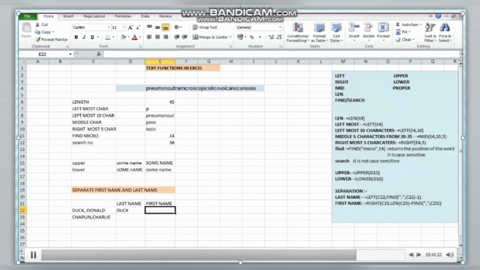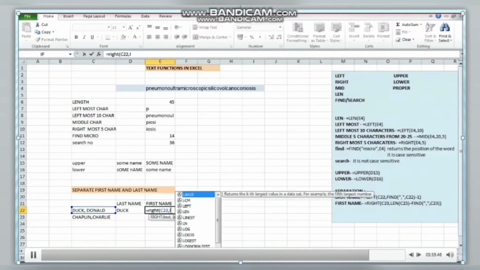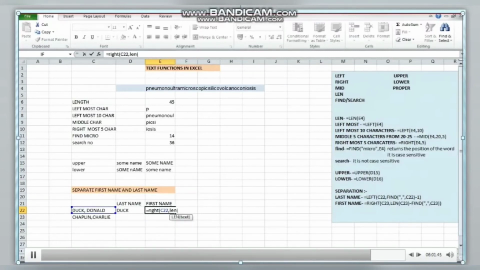Now to find the first name I'll use right as my major function, equal to right, then this string. Now how many rightmost characters? So here I will use the length of the whole string minus the position of the comma. It will give me the rightmost characters.